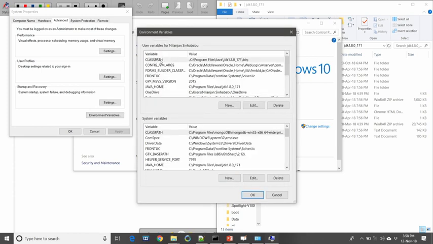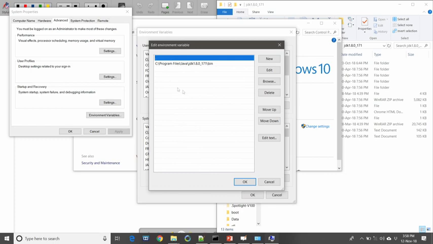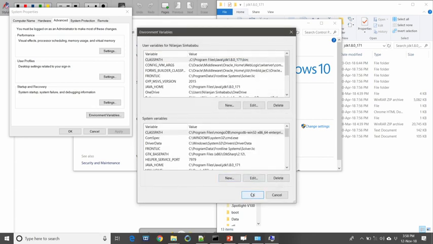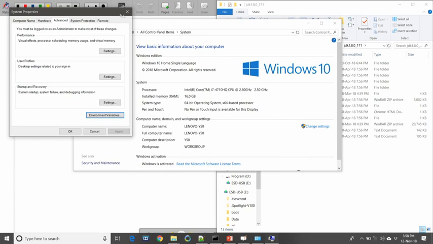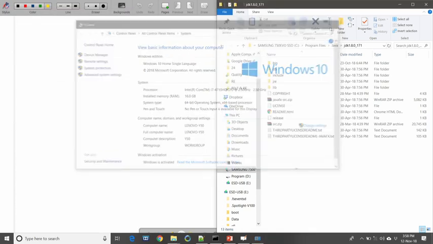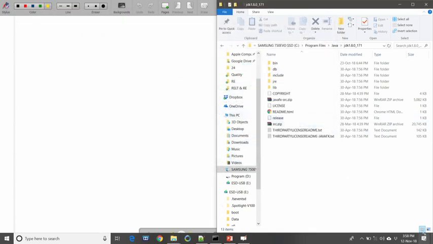This is the setting of the path, and then finally, you have to set the class path. You can set the class path variable as C:\Program Files\Java\JDK 8.0.171\bin. This is where the executable or command files are stored.